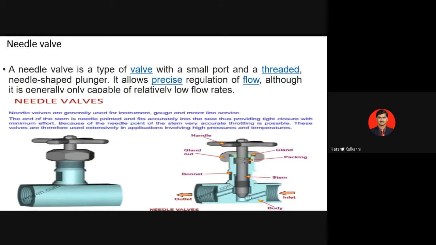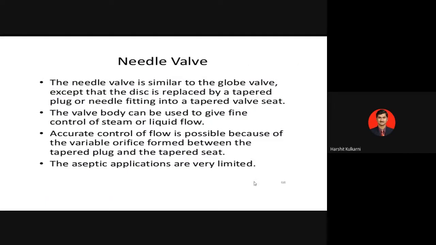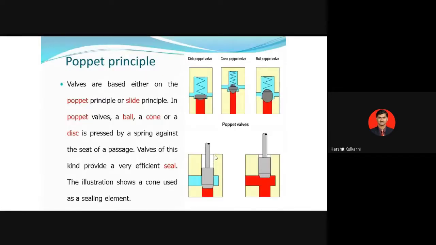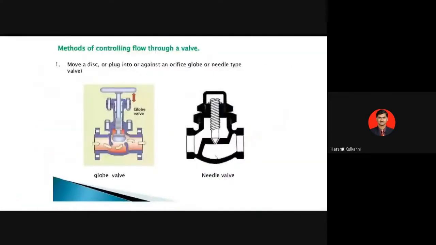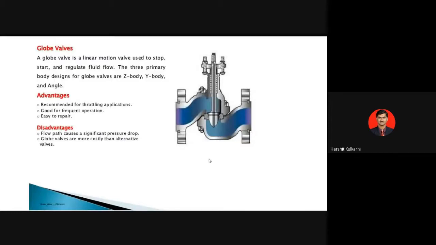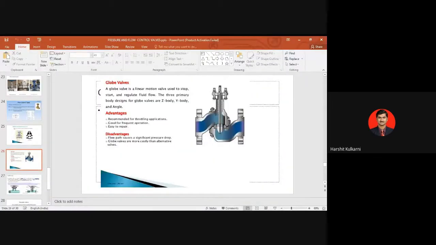So here if you see this opening, once you rotate this anti-clockwise, there will be an opening, and that forms the orifice. The applications are very limited. This cannot be used for all the applications wherein you want to control the flow rate. So it is restricted. That is the problem. Now with this globe valve and needle valve, let us go back and look at the operation of this needle valve, how it is operating.